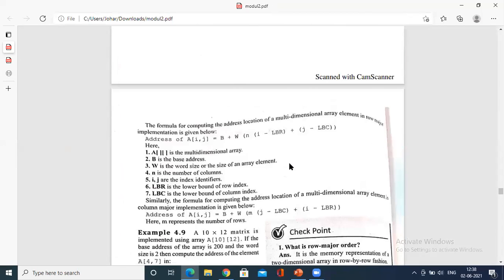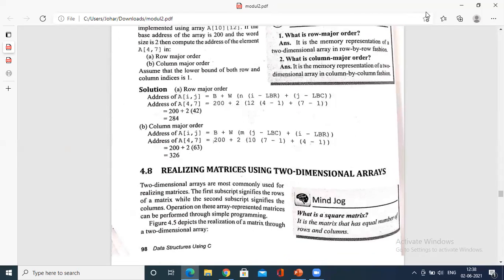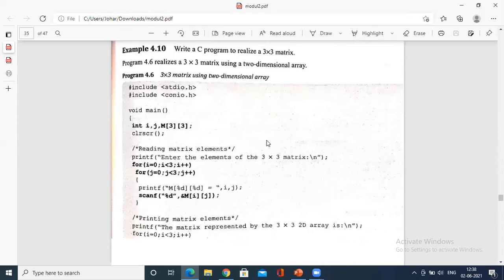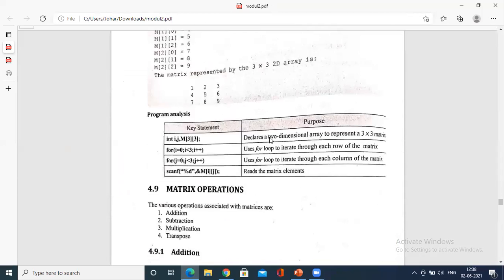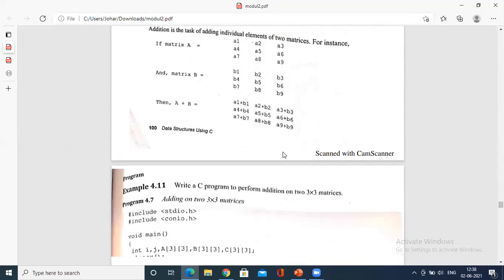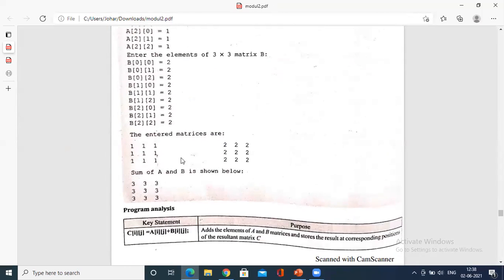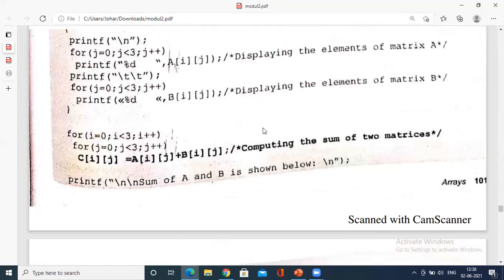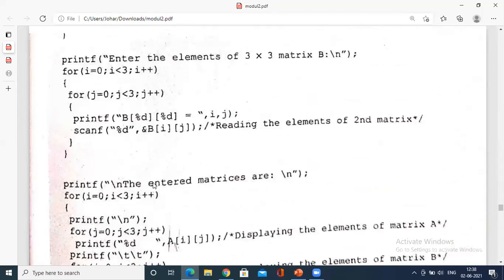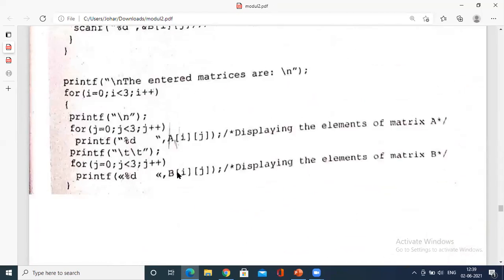You also have the knowledge of how to store a two-dimensional matrix and the applications of a two-dimensional matrix, that is addition and subtraction of a matrix. Last class we have seen addition, subtraction, multiplication and transpose with respect to the two-dimensional matrix. We discussed what a two-dimensional matrix is and how it is added. When I say two-dimensional matrix, you need to clearly picturize first how you read, that is how you store into the memory, and how you display.